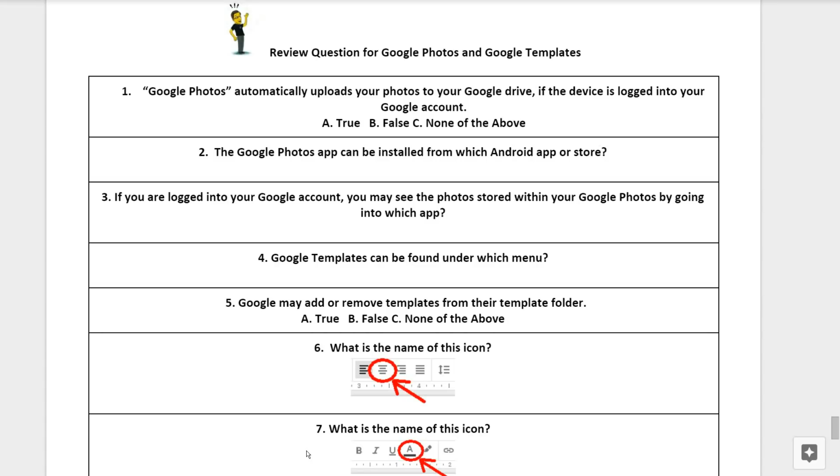Number 2. The Google Photos app can be installed from which Android app or store? Number 3. If you are logged into your Google account, you may see the photos stored within your Google Photos by going to which app?